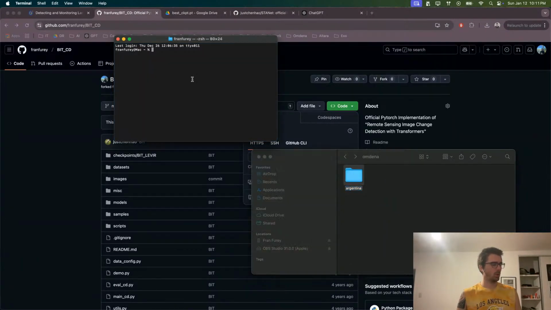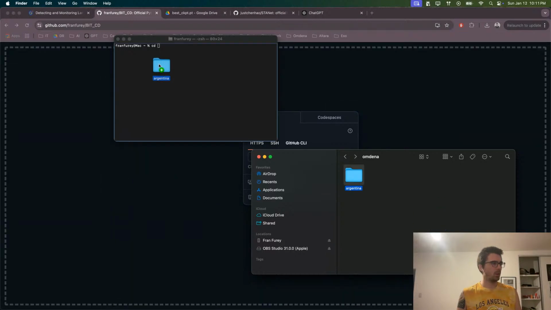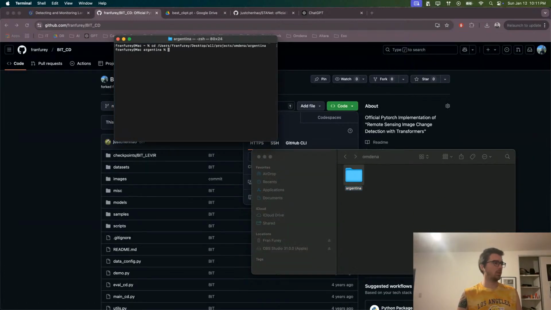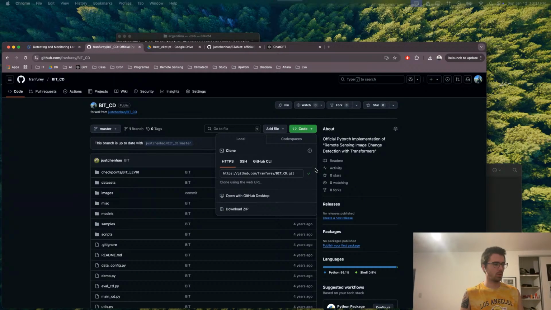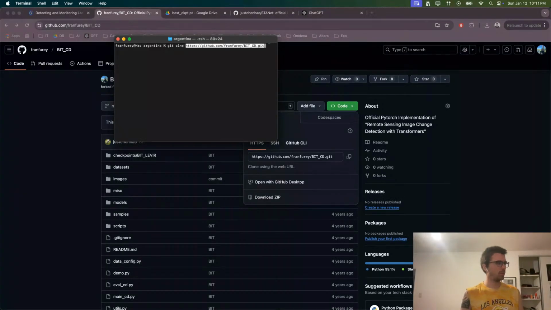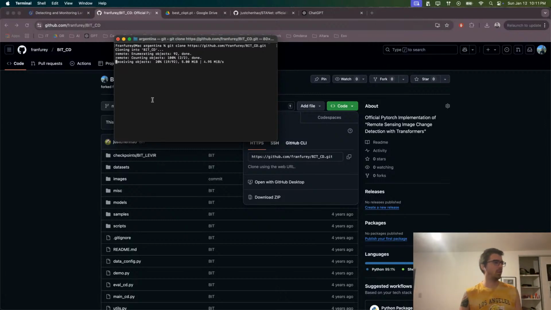Before that, I will do clear, and okay, I'm already inside this from the terminal. So now again, let's do clear, git clone. It will clone the code inside,